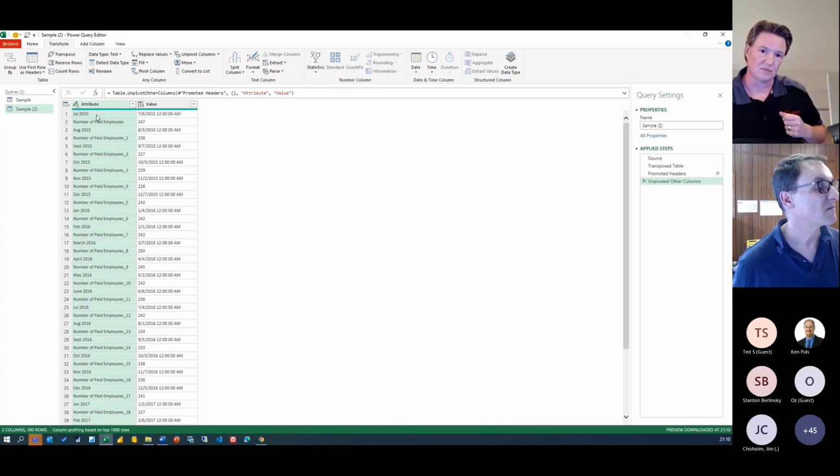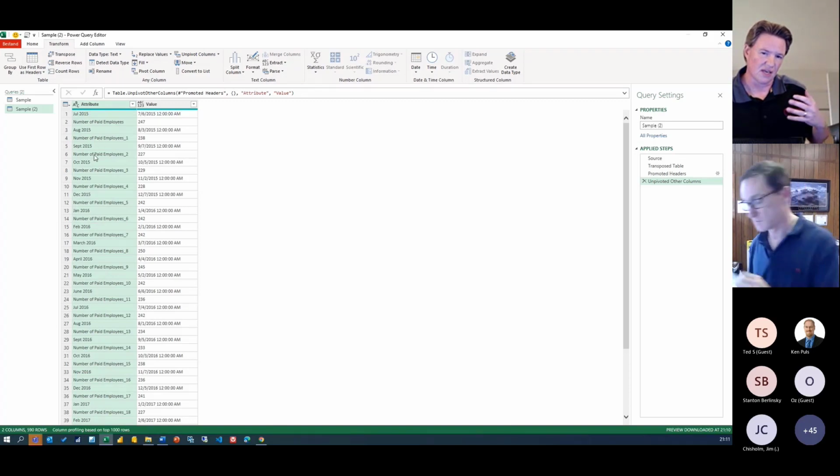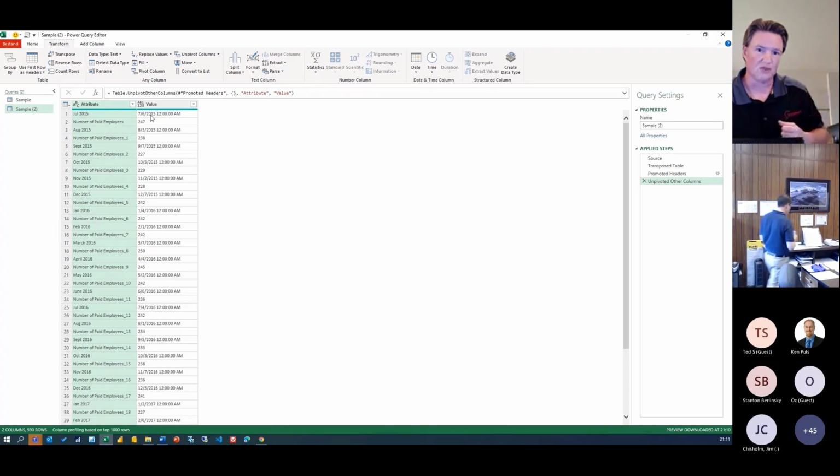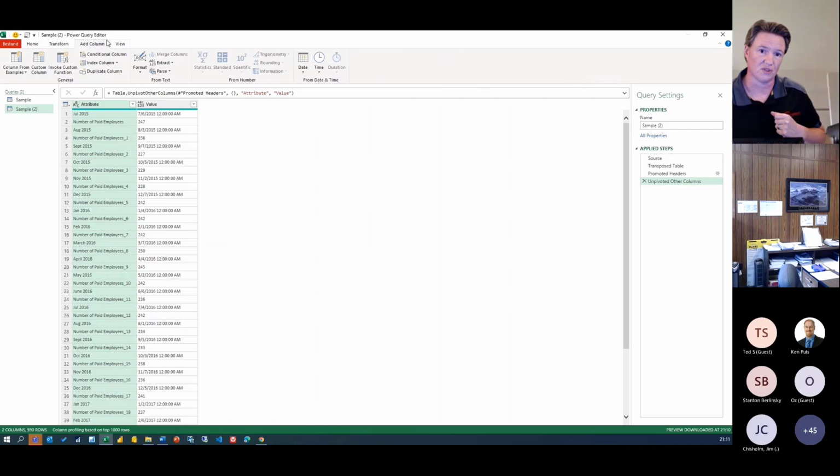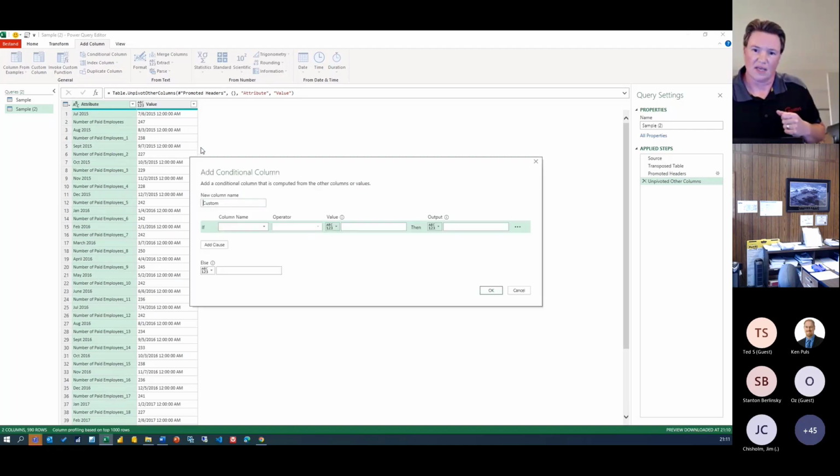So the attribute doesn't have a consistent label for each of these value pairs. So we can create that by adding a custom column. So I'll choose add column, conditional column.